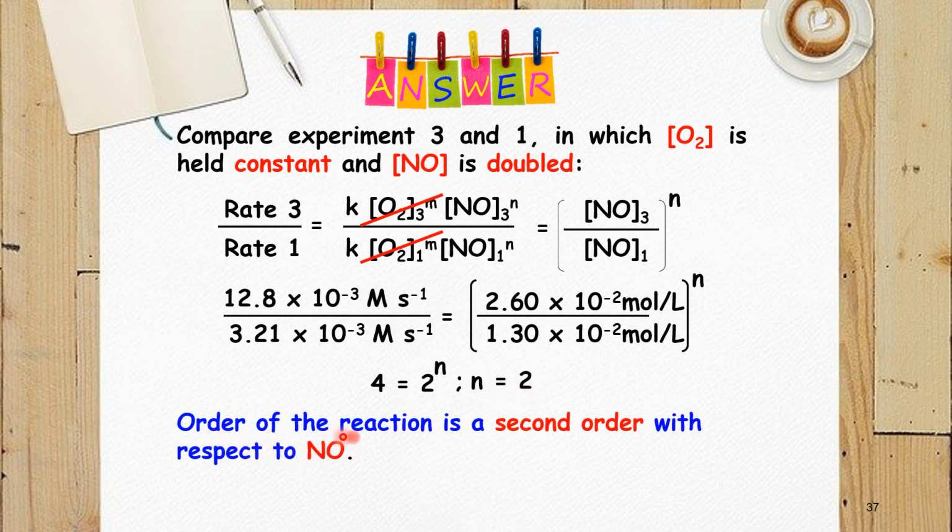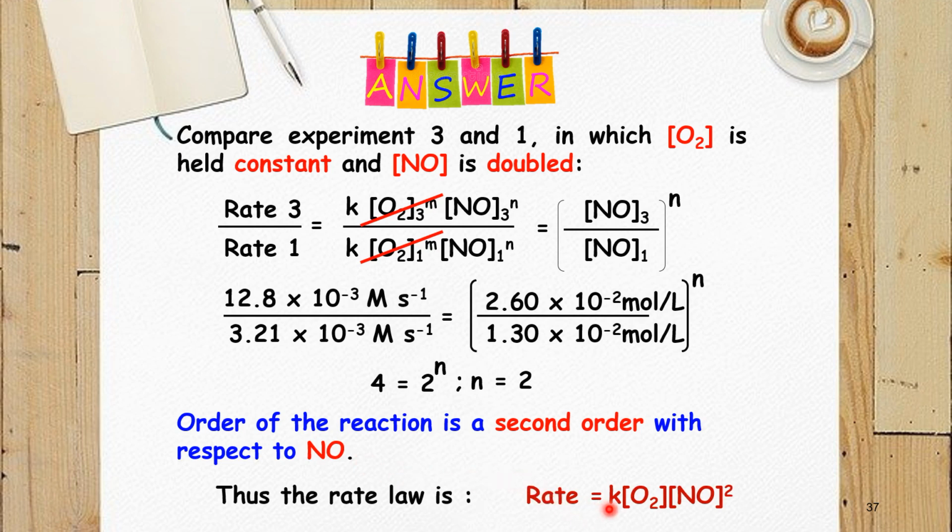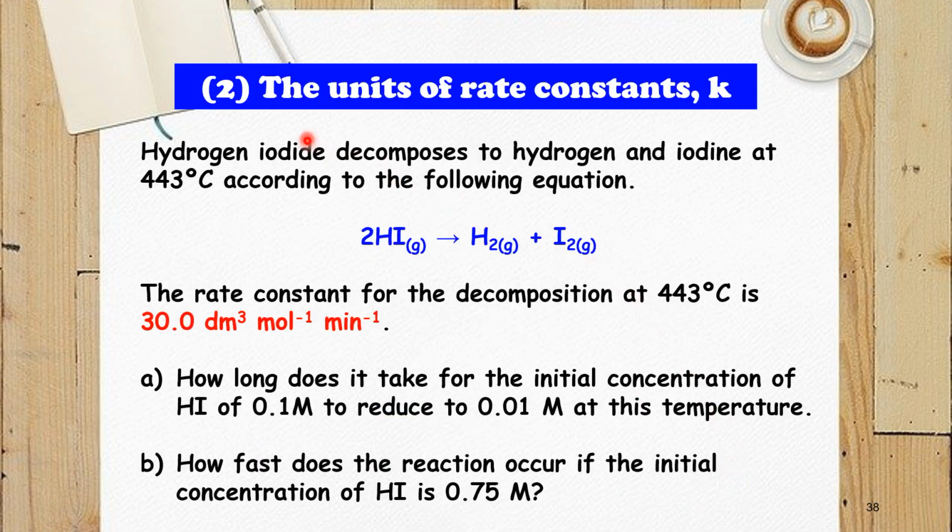Okay, the order of the reaction is second order with respect to NO. So, from here we can write the rate law. Rate is equal to K times concentration of O2 times concentration of NO to the power of 2. Next, the second method that we can use is the unit of the rate constant to identify the order